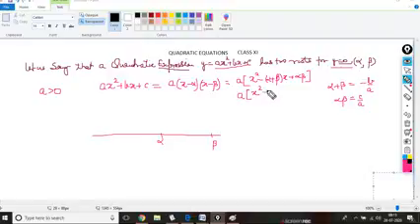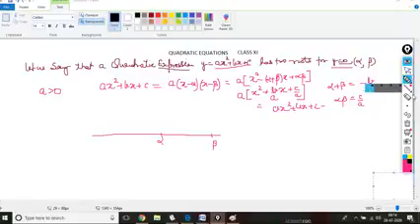So you get plus b by a into x plus c by a. And if you multiply this with a, then what do you get? You get ax square plus bx plus c. We get the same expression. So this equation and this are one and the same. So I can always write my equation ax square plus bx plus c as a into x minus alpha into x minus beta, where alpha and beta are the roots of this equation. Clear?